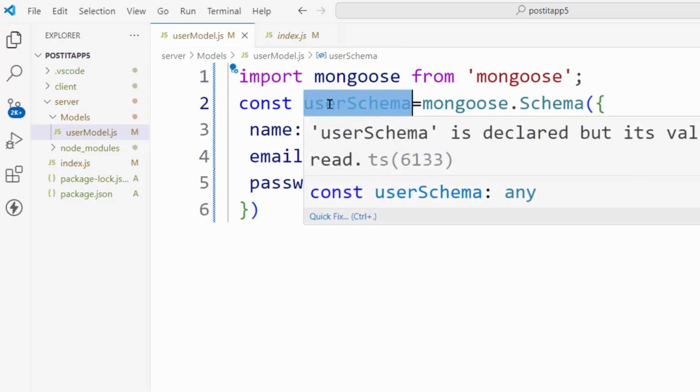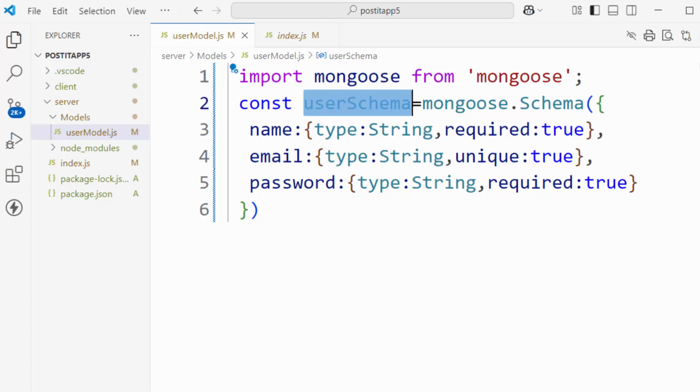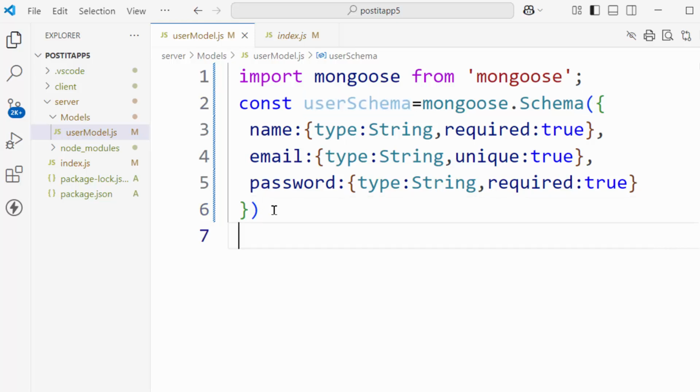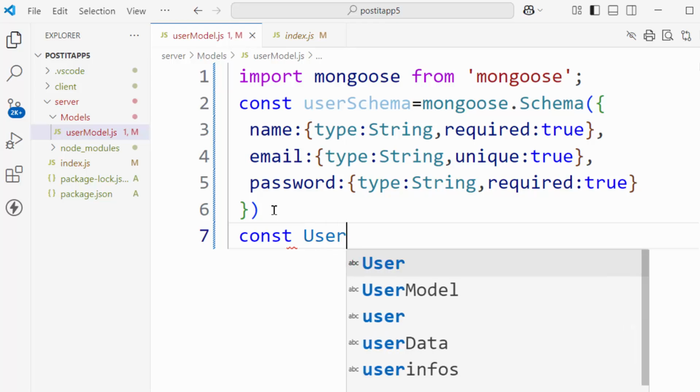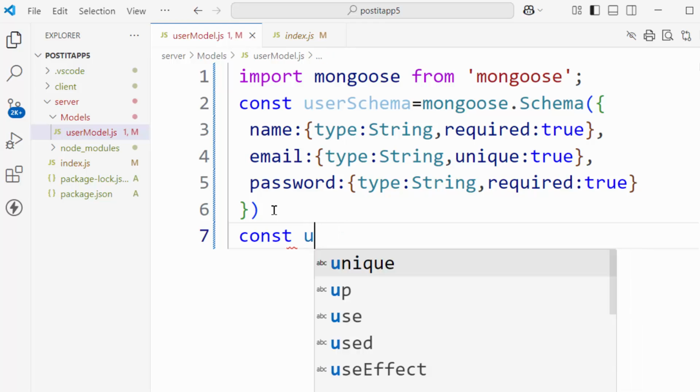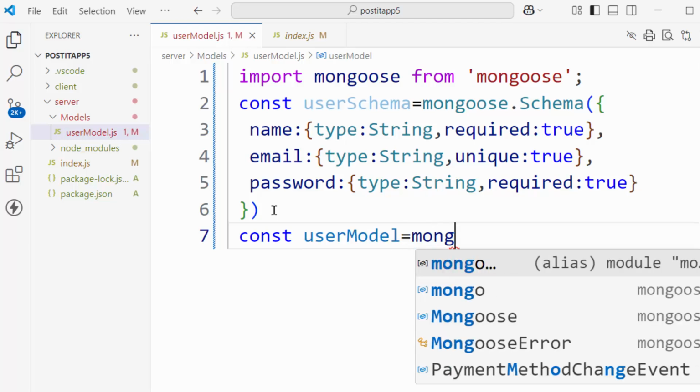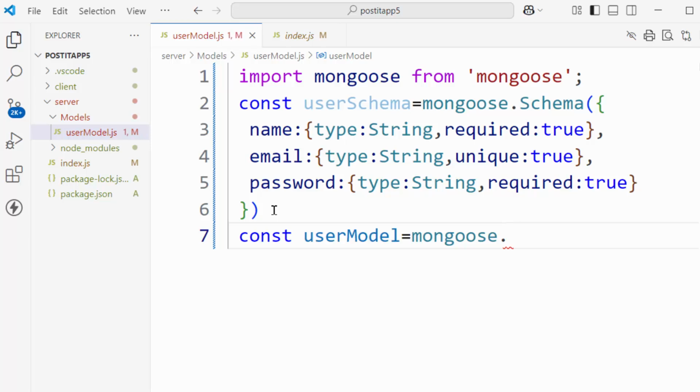Now I have to map this user schema. This user schema is for which collection? This is for the collection userInfos. So I have to map this userInfos with the user schema. For this I will make a model. Let's say user model equal to, and again mongoose has a method called